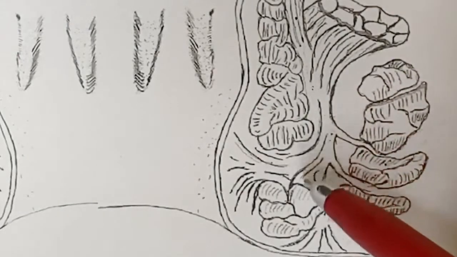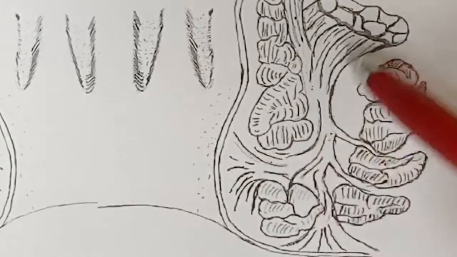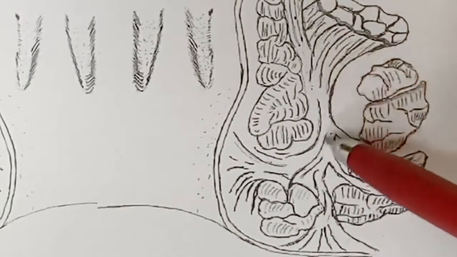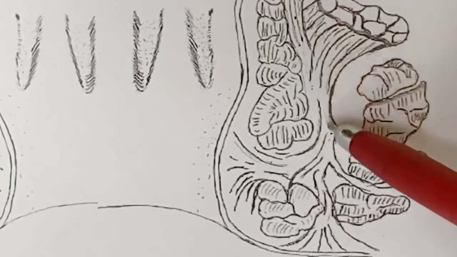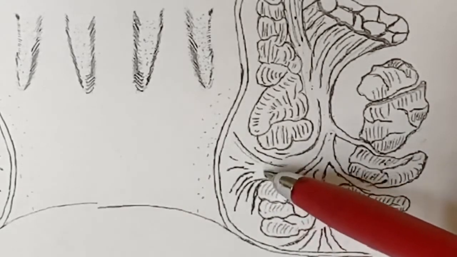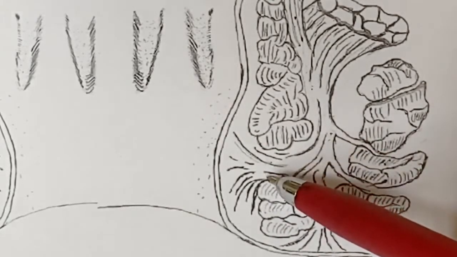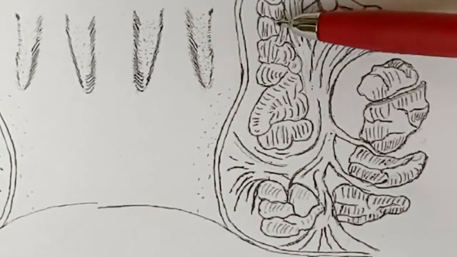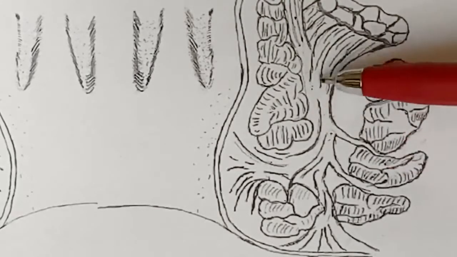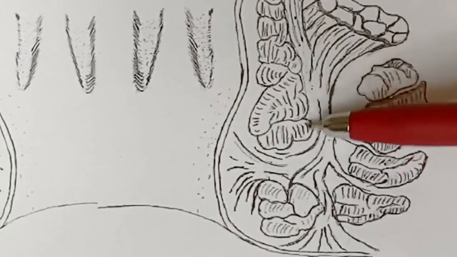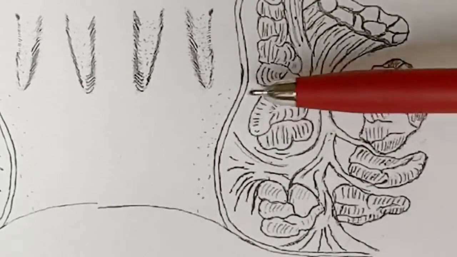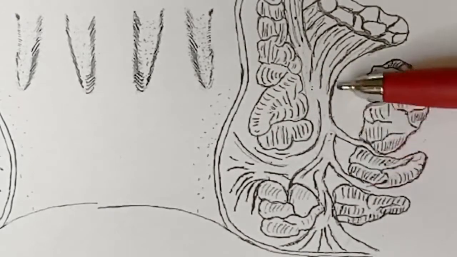The space between the longitudinal muscle fibers of the anal canal and the subcutaneous external sphincter is called the central space. And the space between the internal sphincter and the external sphincter is called the intersphincteric space. So this is the common site for infection. That's why, as we have discussed the causes, the anal glands end here maximum. So this is the common site of infection.